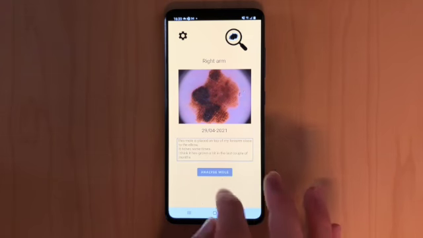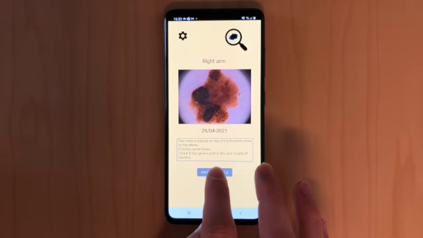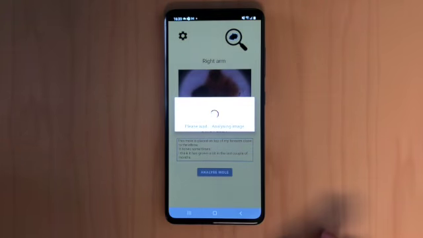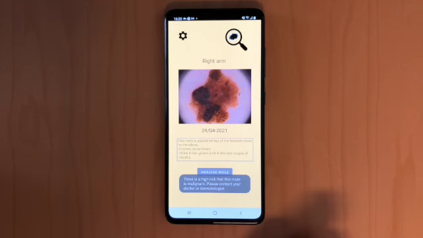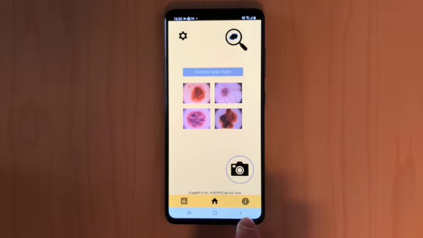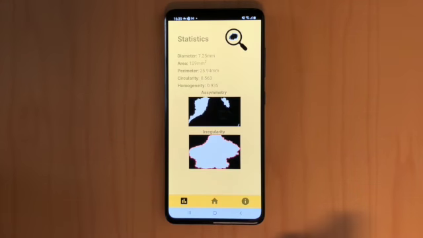It is possible to analyze each image, and by doing so, a loading screen pops up, and then you get the results down here, as well as further information on the statistics page. So if we go back to the statistics page, you can see that it consists of more information, which could be useful for the doctor to